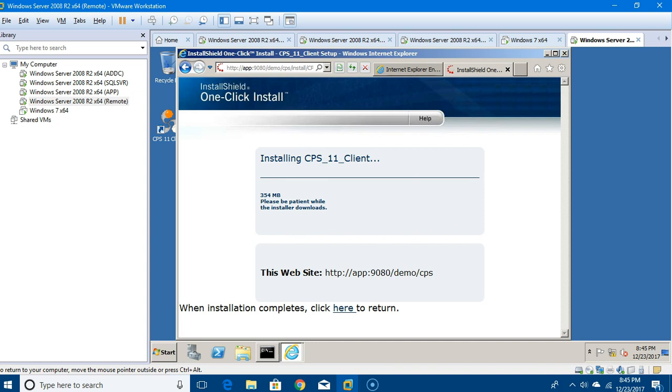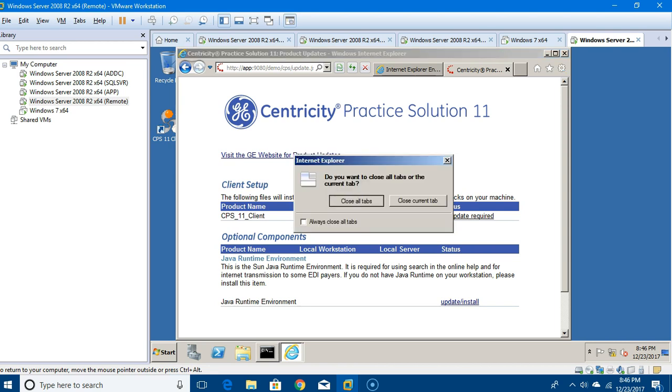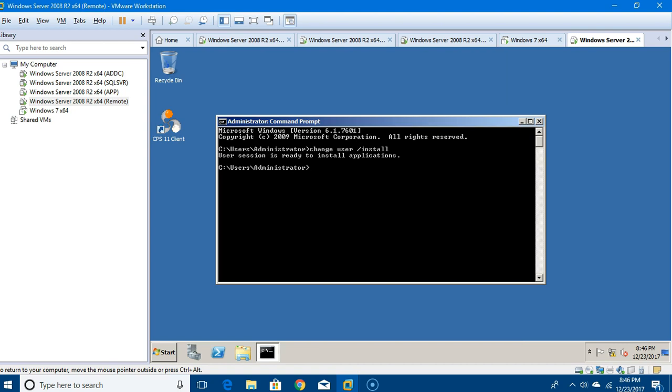Now we've done the install, and we're going to close the browser window here. We want to put it back into execute mode, so we're going to do change user /execute. Okay, now